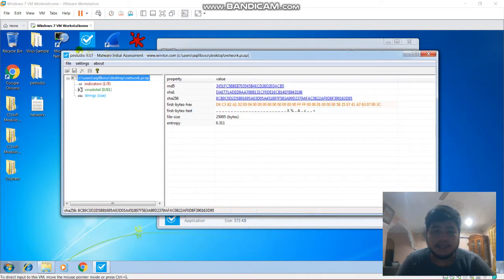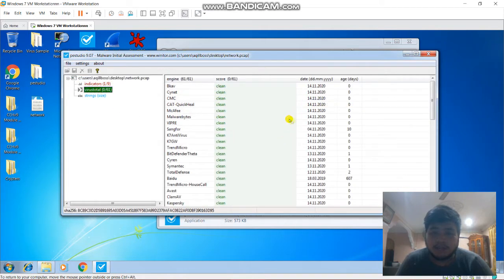You can see here this is the interface of PE Studio version 9.07. This is the information that we can get from PE Studio: the property and value, MD5, SHA-256, file size and entropy. You can see here the VirusTotal score is 0 out of 61, which indicates that no antivirus engine alerts on this program.